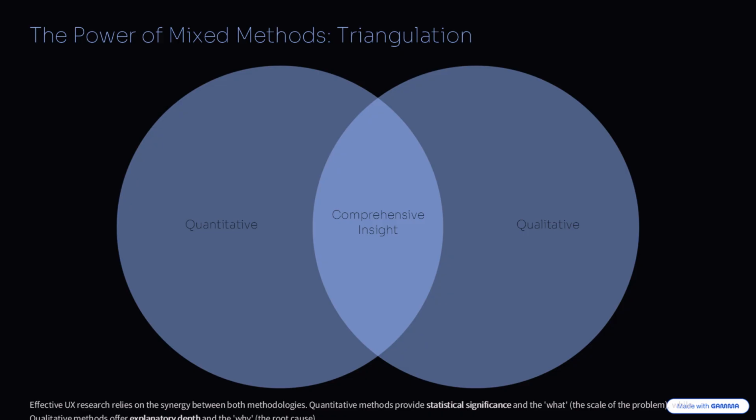The feature's failing. Totally. And the initial reaction from the team, driven purely by that number, was quantitative too. Okay, let's move the button, make it bigger, change the color to bright red. Right, tinker with the interface based on the click rate. A classic quant-driven response. But we decided to run just a few quick qualitative interviews first, maybe 5 or 6